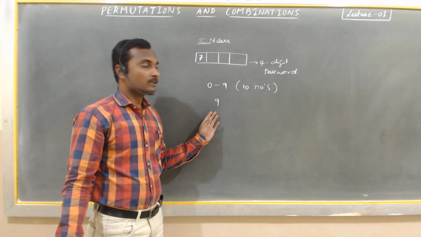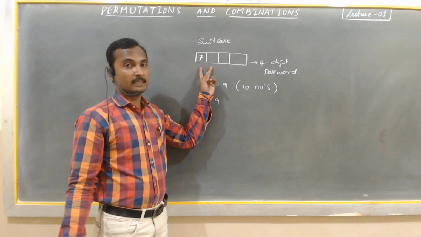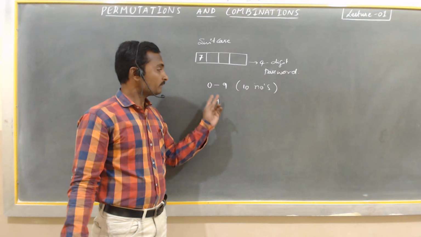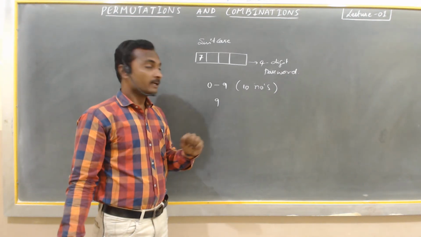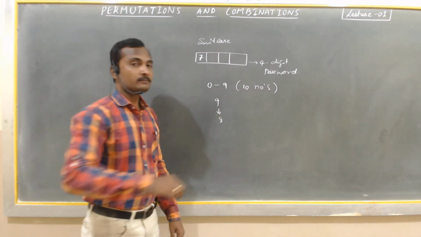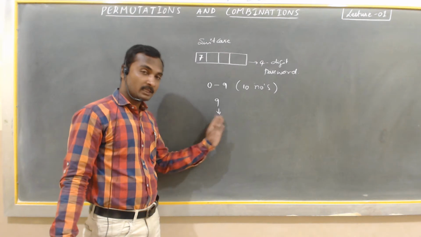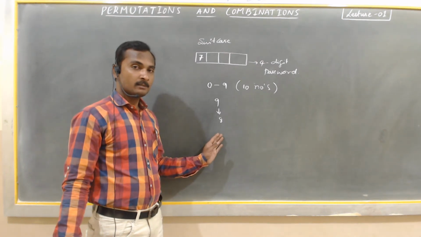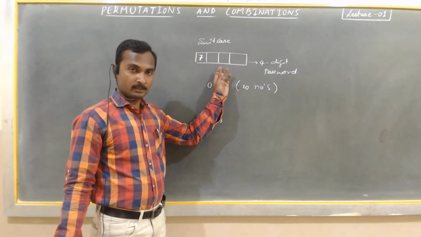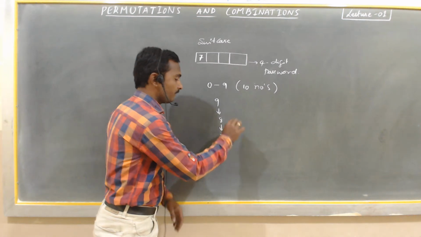Out of the 9 numbers, if one number is entered here, no doubt a 2-digit number is constructed. It means that a 2-digit number is ready, and out of the 9, one digit is already used here. It means again the number of digits left is 8. And if I again use one number from these 8 numbers without repetition, in place of the third unit, the total number of entries left is 7, and so on.